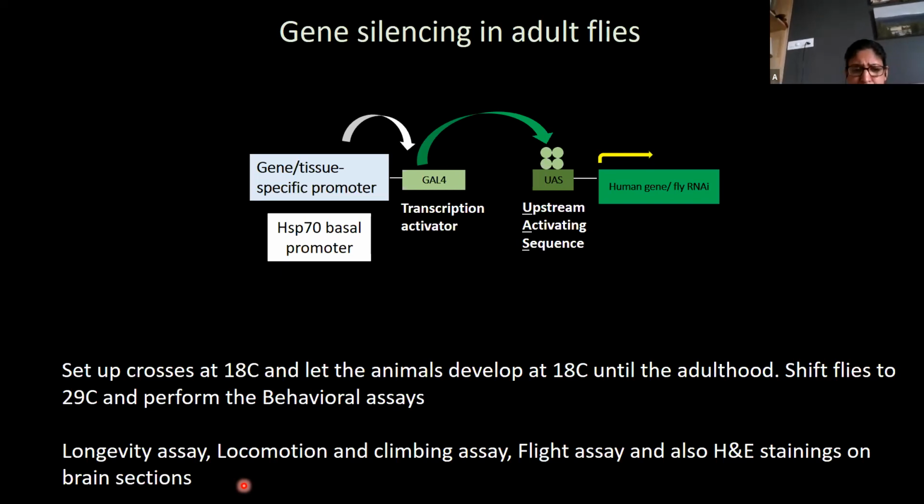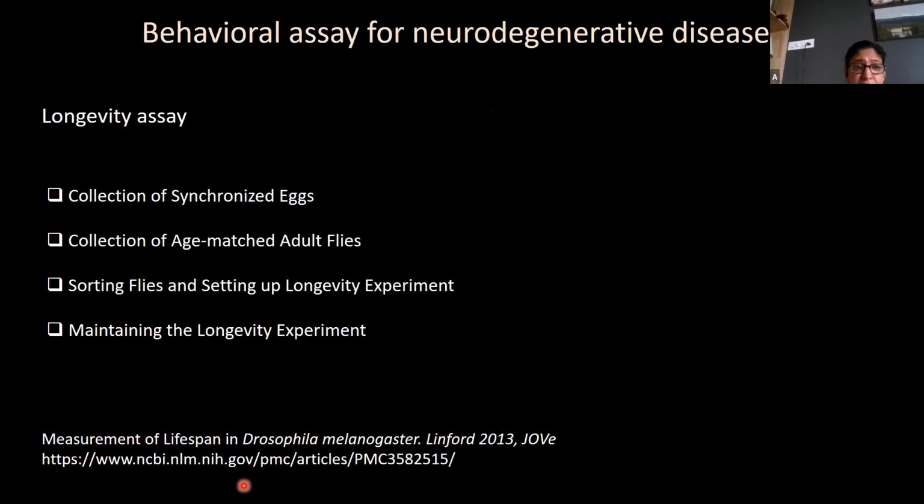Okay, so I'll just tell you about 2 assays that are mostly done. First is longevity assay. So you are checking lifespan. You are expressing the disease variant, you're overexpressing that, or you're knocking down a gene and you want to look at the phenotype. So how do we do that? As I told you, first you set up the cross. So now for a large scale experiment, you need a good number of flies, and good number means